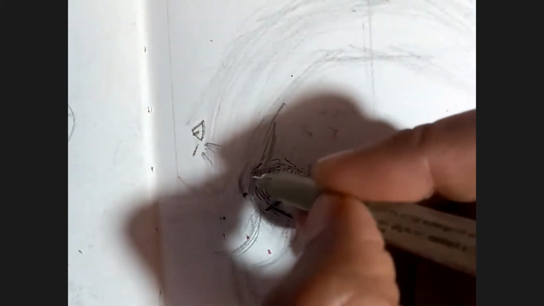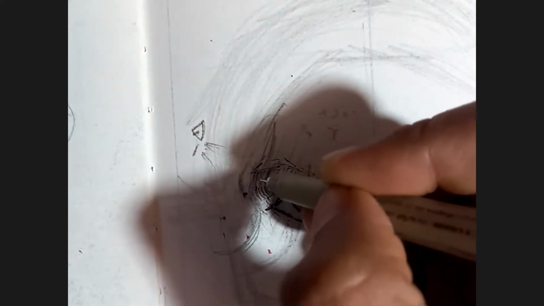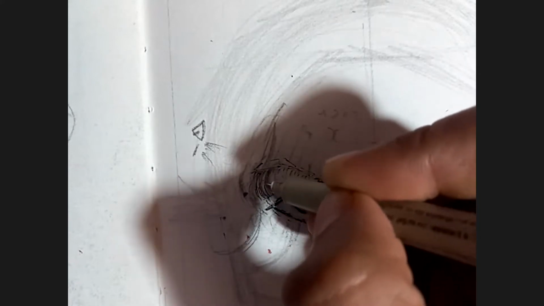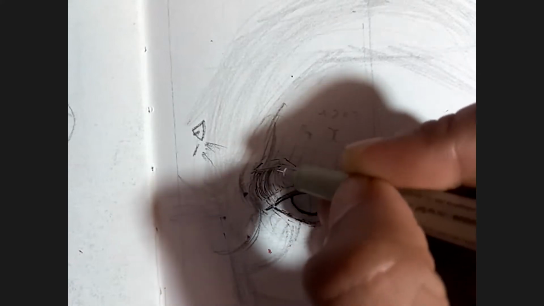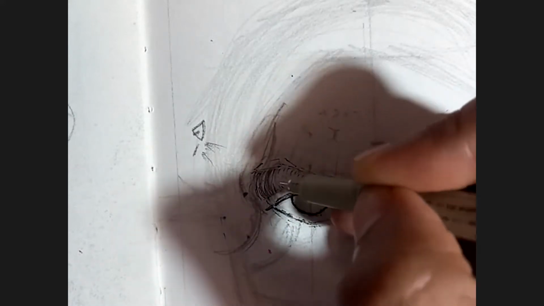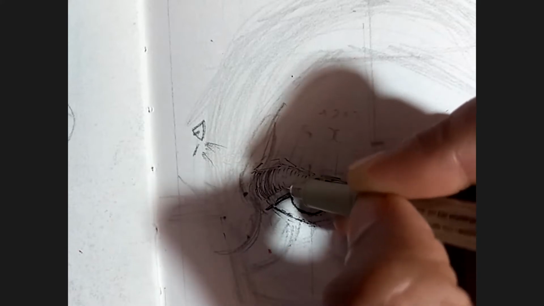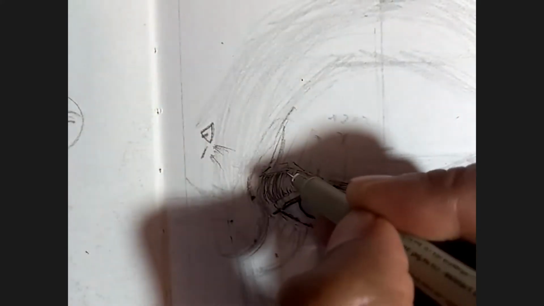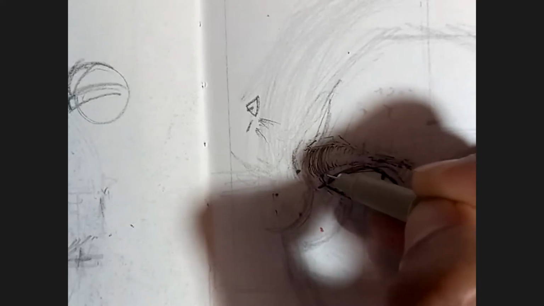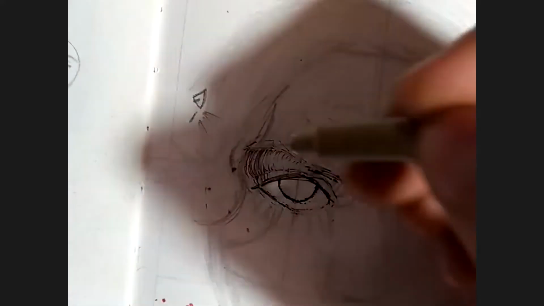I'm getting this bulge, and I can also do a layer of cross hatching here. Carefully. Around this bottom portion as well. And this one, I'll have to insert this. See?